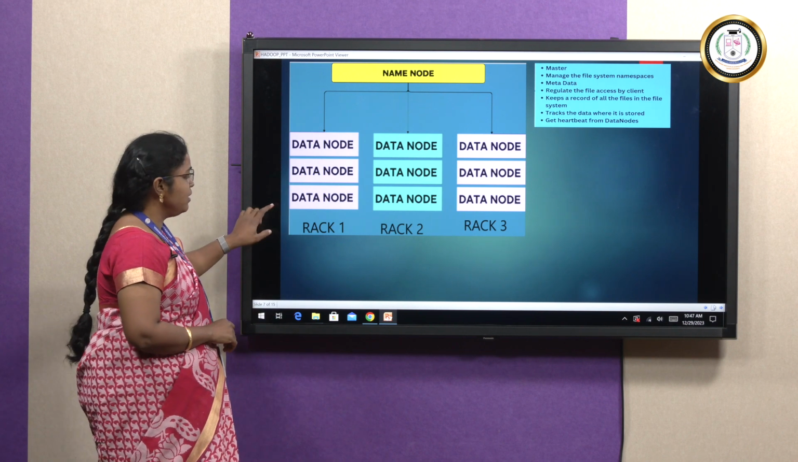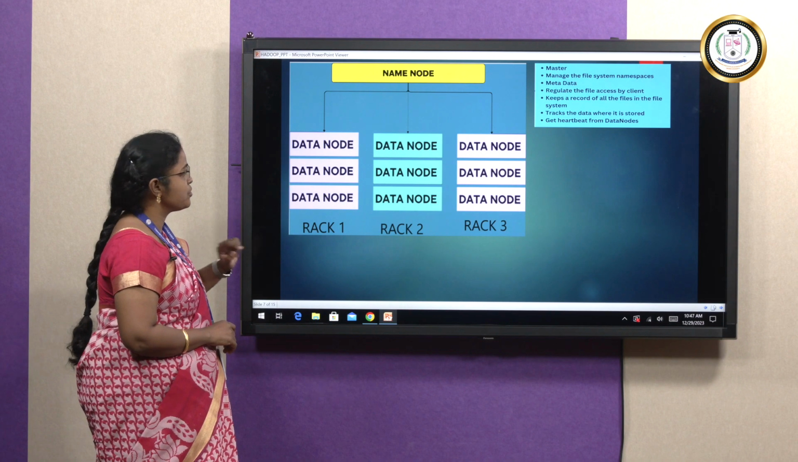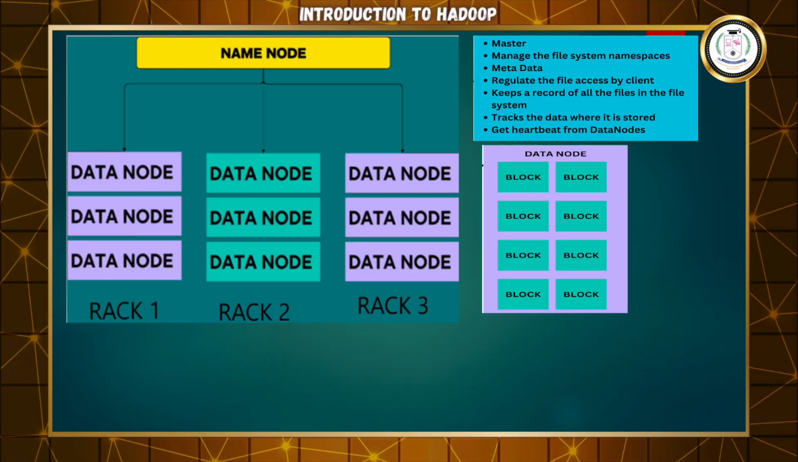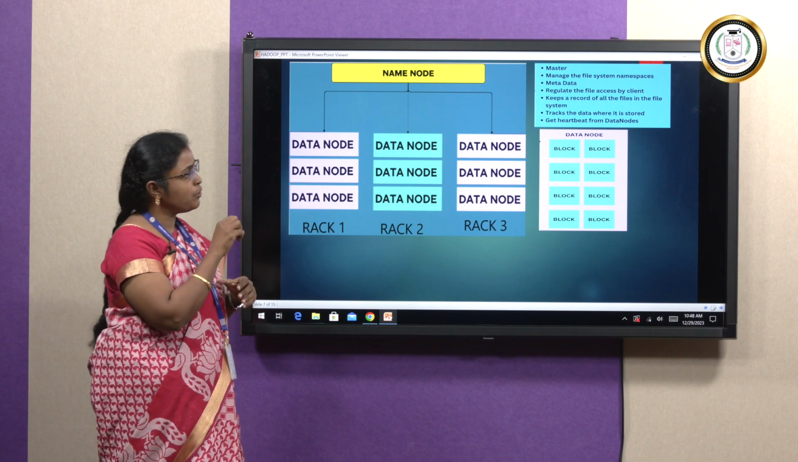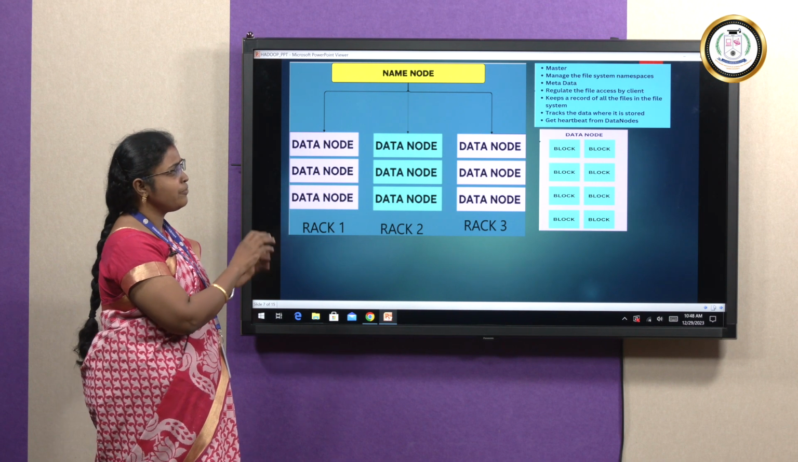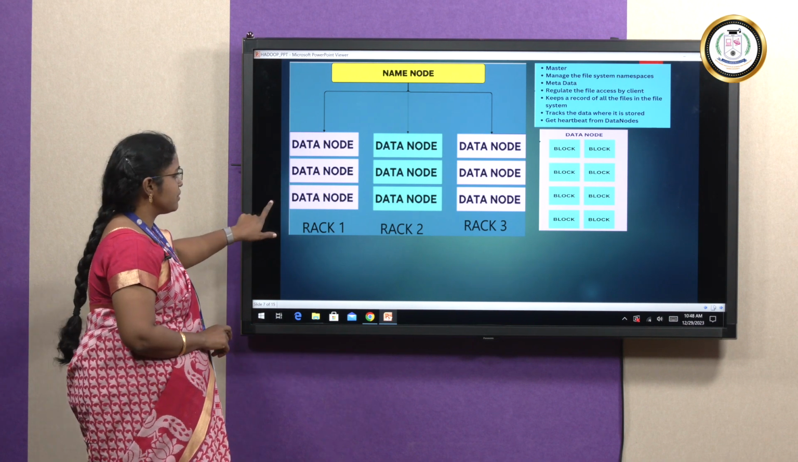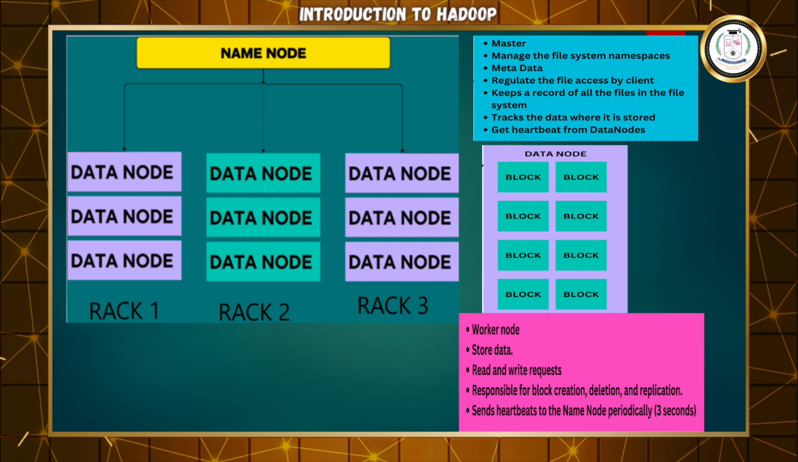So it will also check the heartbeat from the data node. What is the major work of the data node? The major work of the data node is to store the data. The data node stores the different large files as smaller blocks. It acts like a worker node that stores the data,